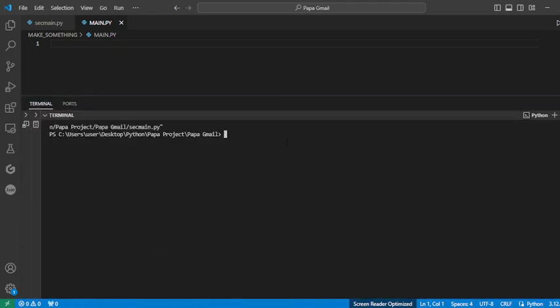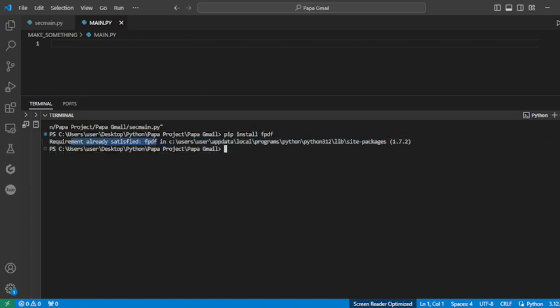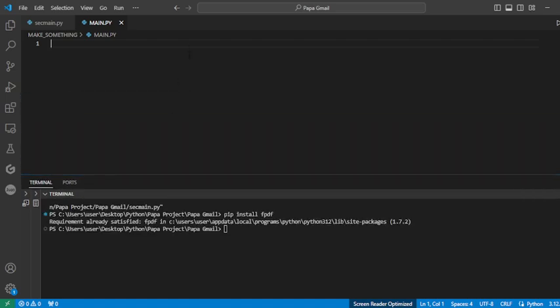So let's get started. The first thing you need to do is open up your terminal and type in pip install fpdf. For me it should show that the requirement is already satisfied because I have already used fpdf in my previous projects. But if you run this, it should download it and then we will be ready to continue this project. After fpdf is downloaded, you can go in